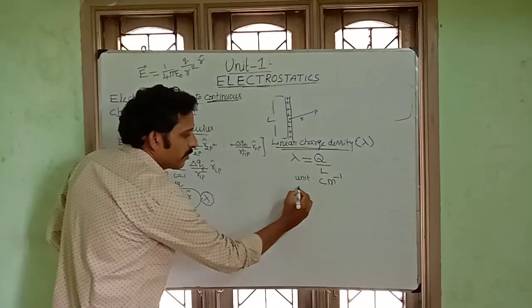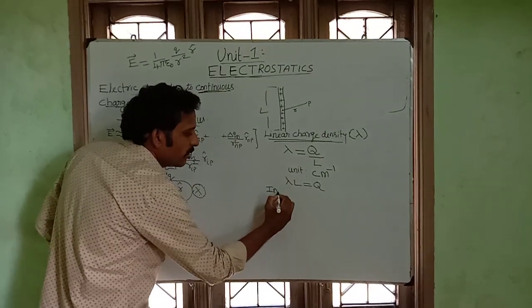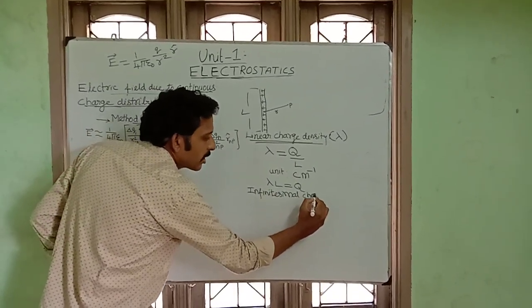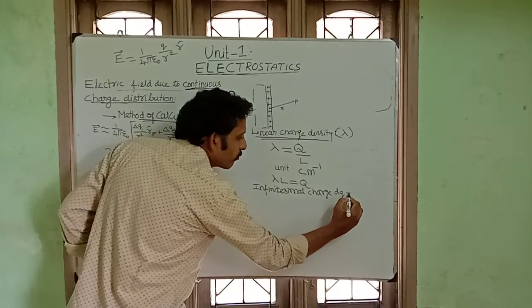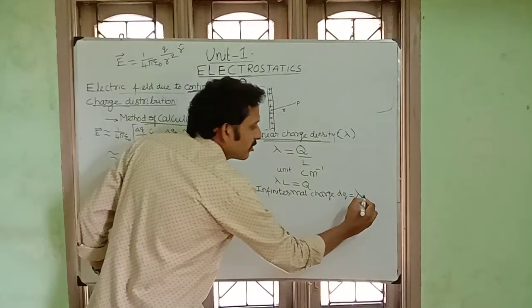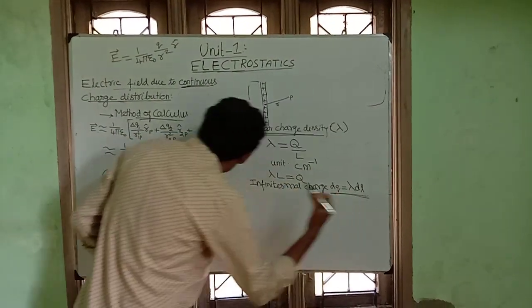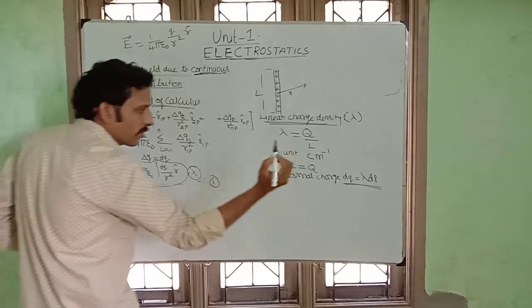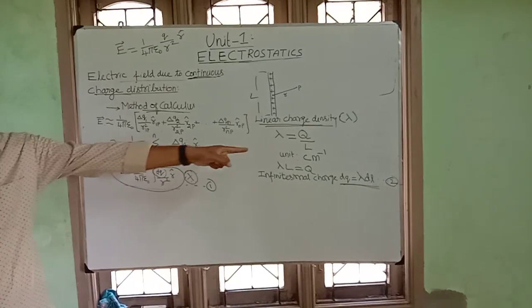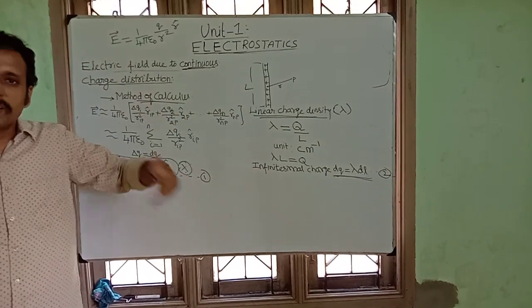Now for an infinitesimal charge, what is Q? Q is equal to lambda times the length. For a very small charge, which the textbook represents by dq, dq is equal to lambda times dl, where dl is a small length for that charge. Let us take this as equation number 2. Now, instead of dq I can write lambda dl, so I get the expression for the electric field when an object is linear.